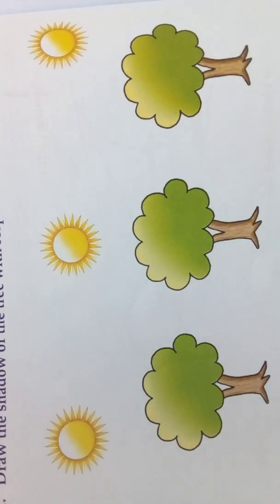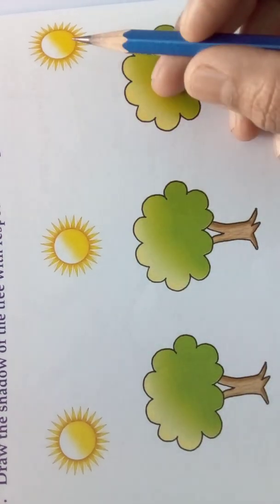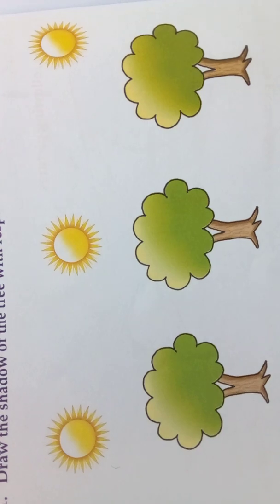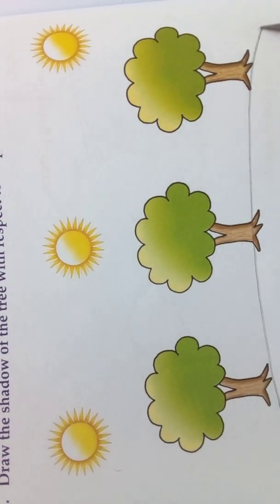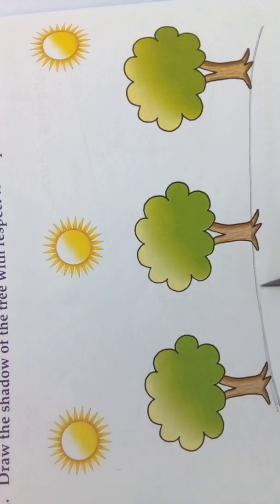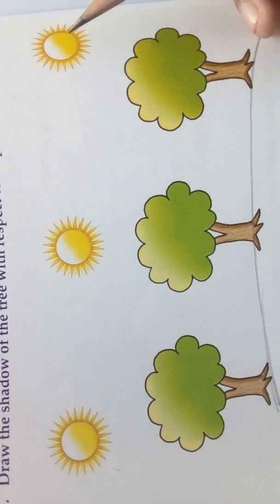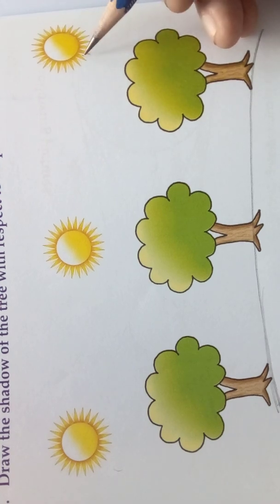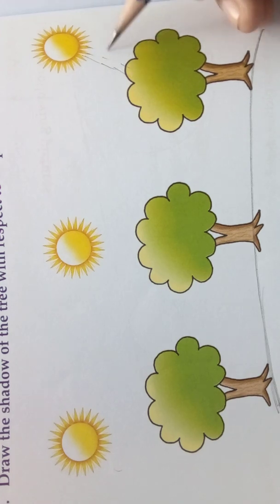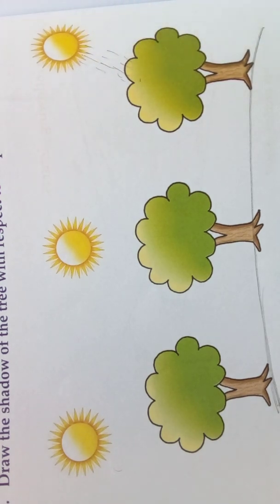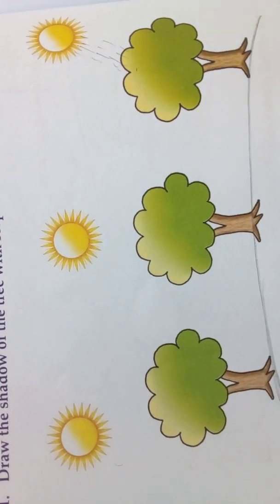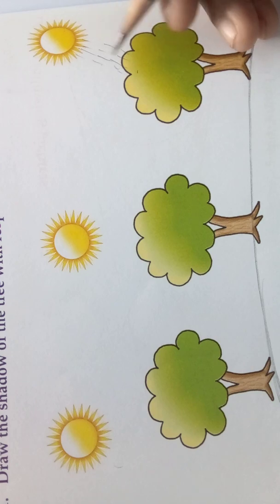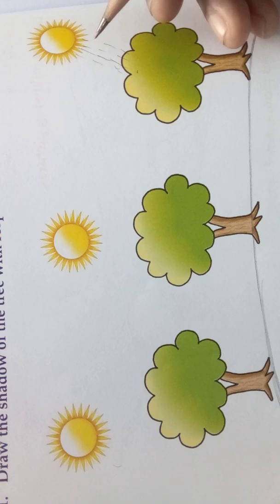See, let us take these pictures, children. See here, this is the sun, and this is the tree which is on the earth, that we know, no. See here, in the morning we know the sun rises in the east, no. So here we are getting the sun's rays in a slanting way. Since it is falling in a slanting way in the morning, we get less heat, okay.